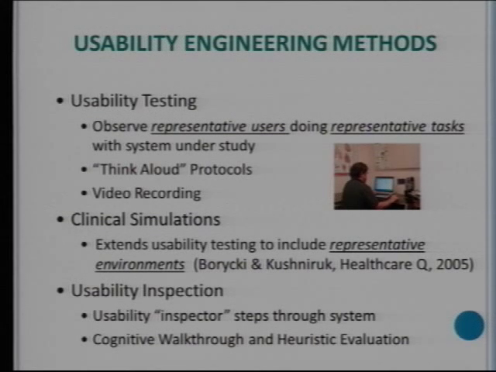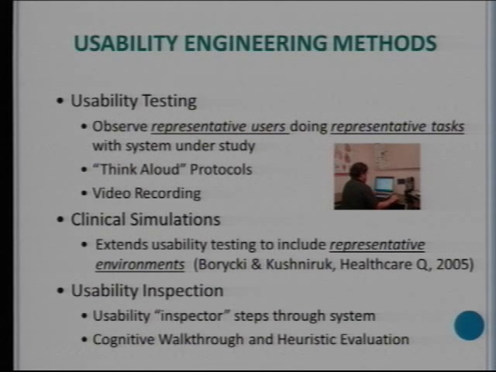And we might video record them. So the concept is very simple. If you were developing a word processing system for secretaries, you'd have secretaries come in, 10 of them, do word processing tasks. In our studies, we'll have 10 or so or 20 physicians come in or nurses come in doing order entry tasks or decision support tasks using a system and video recording. I'll get into how we do that.